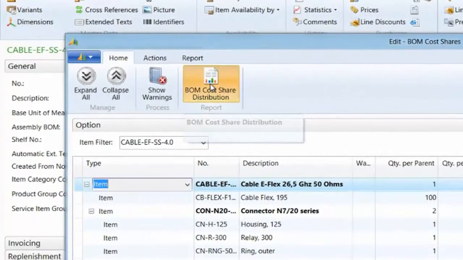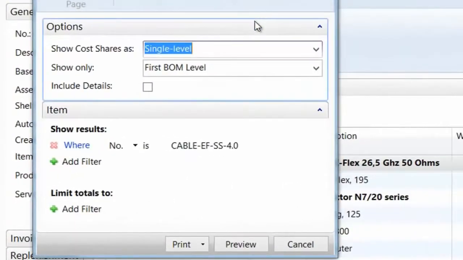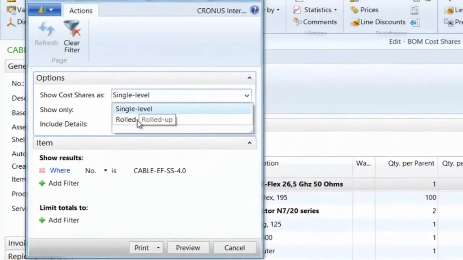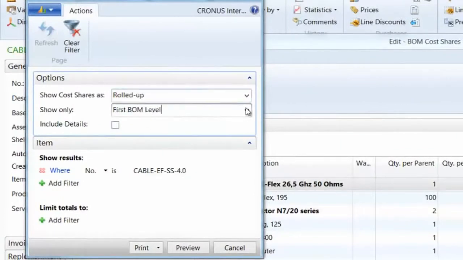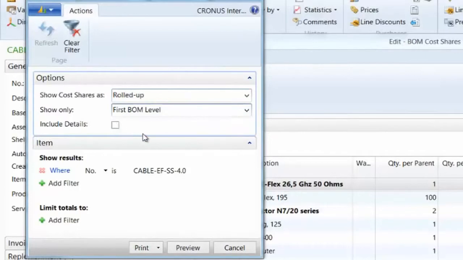So if I do the cost share distribution visualization, first of all you have single level and roll up level. So first I'm going to choose roll up level, and then you can do all and first level BOM. So I'm just going to choose first level, and I'm going to include the details. And when I do a preview,